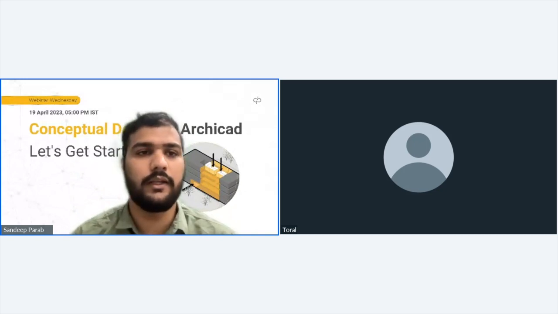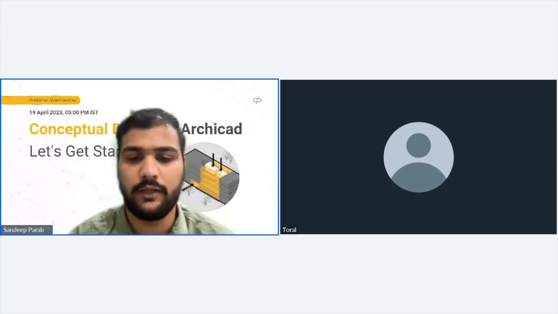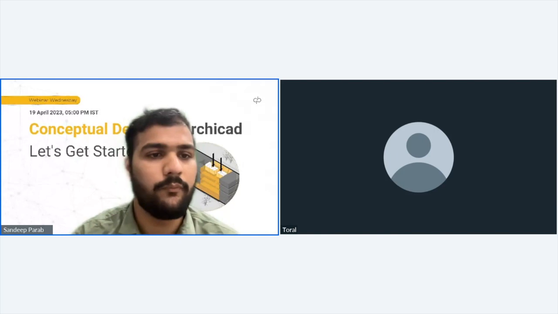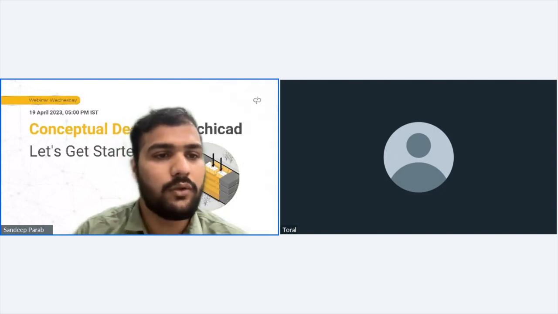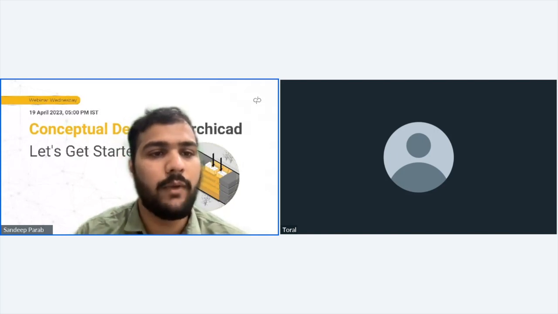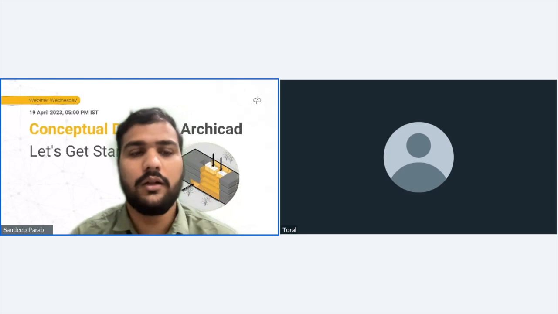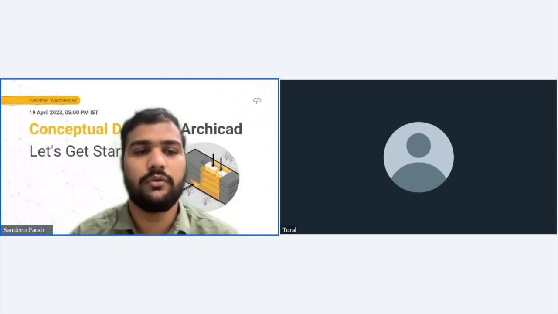So if you have any queries, you can just post it down in the chat box. So I will just take the queries one by one. So I guess there are some queries listed down. So how to get 3D mass of zone in different colors? Okay, so as I said while showing also on Archicad, you can just use a different surface